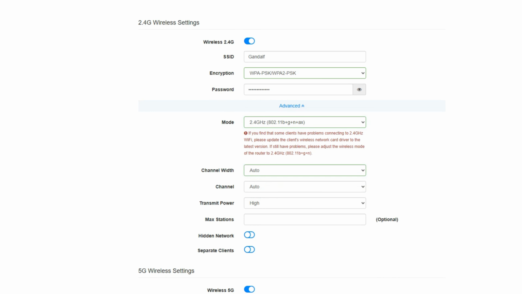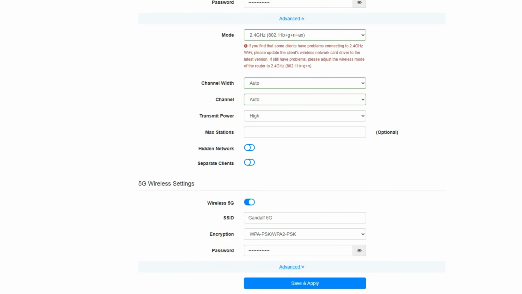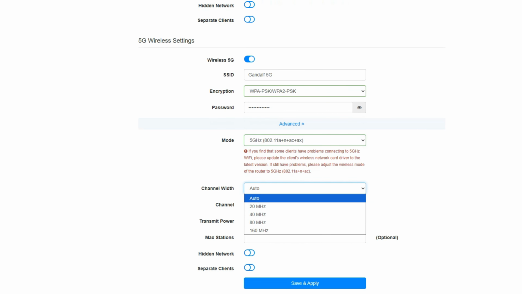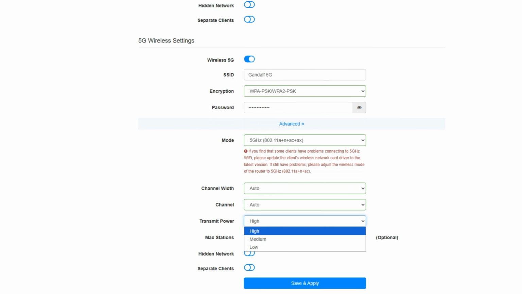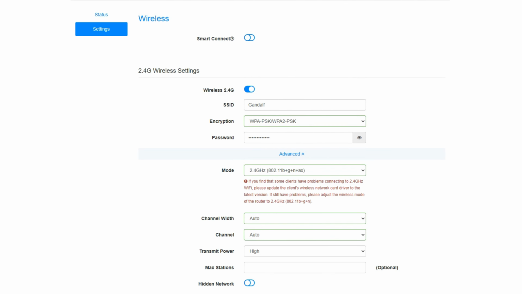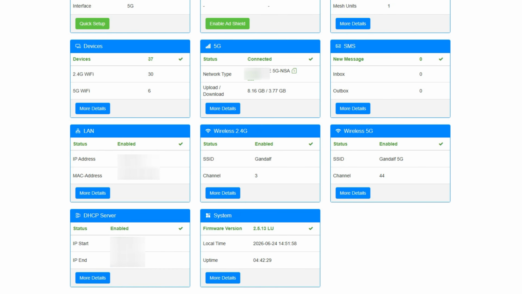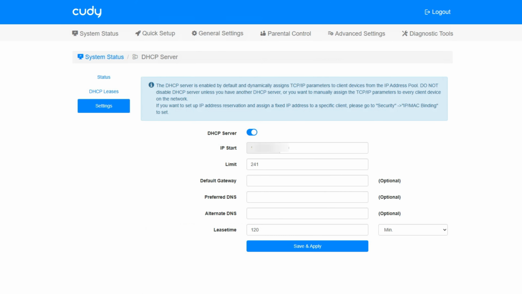2.4, disable, enable, you can rename the SSID, change the password, encryption, you can choose different, advanced, the mode, channel width, channel, max stations, hidden network, separate clients. Same and for the 5G, advanced, channel width, channel, transmit power, high, medium or low, max station, hidden network, separate clients, wireless 5G, same settings, DHCP server, status, DHCP lists, and you can check for all the devices, settings, disable, enable,